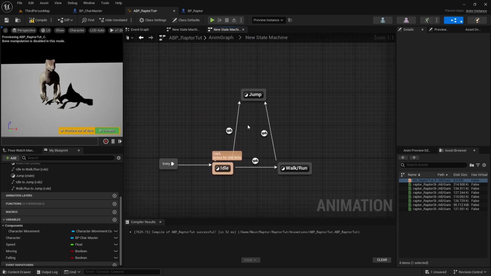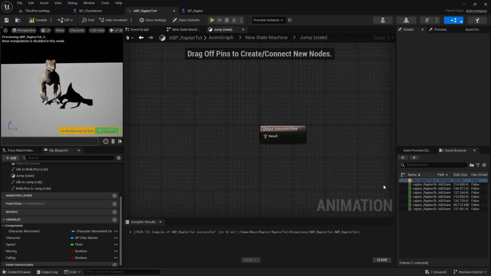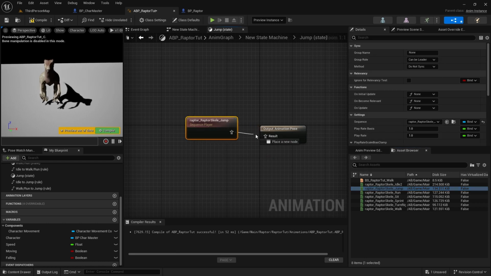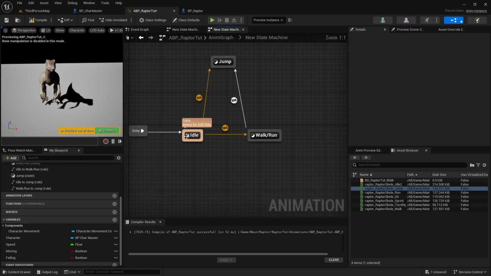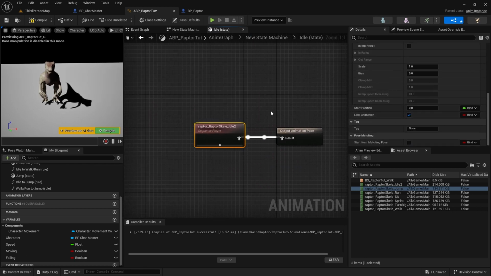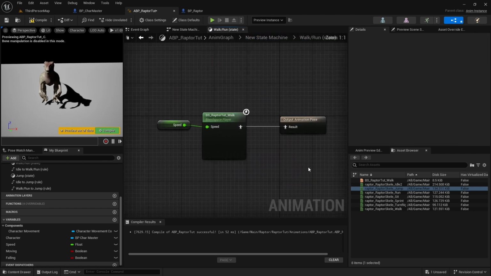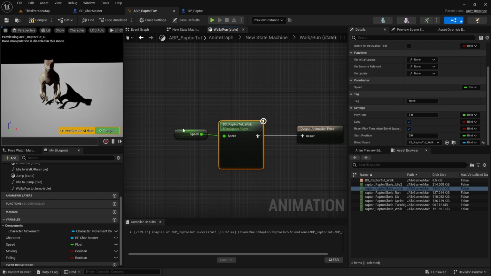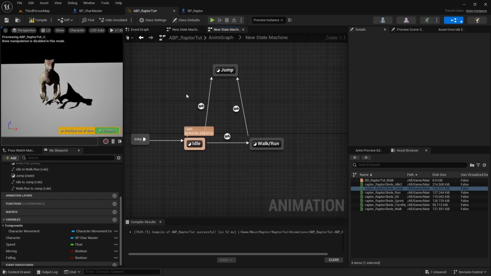So those are set. I'm going to open up jump, and we're just going to drag in our jump animation. Okay. And really quick, if you're in your idle, make sure if you click on this that it is set to looping. Always double check. We don't want our jump to loop, but this one already loops. But the next thing is, if we're finished jumping,